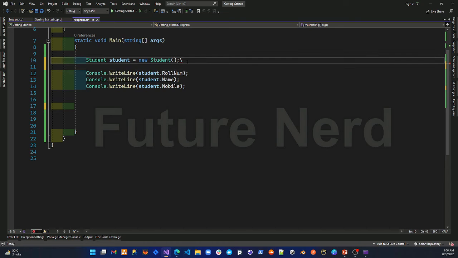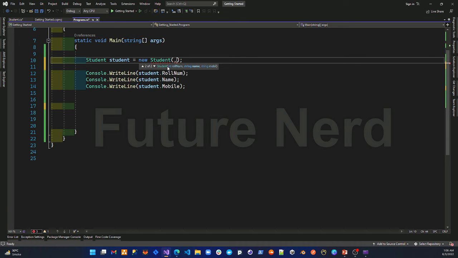So if I want to create an object by specifying some values, you can see that for student I have two constructors. One is parameterless. If you don't want to pass the values to that constructor, you can skip this and you can use this